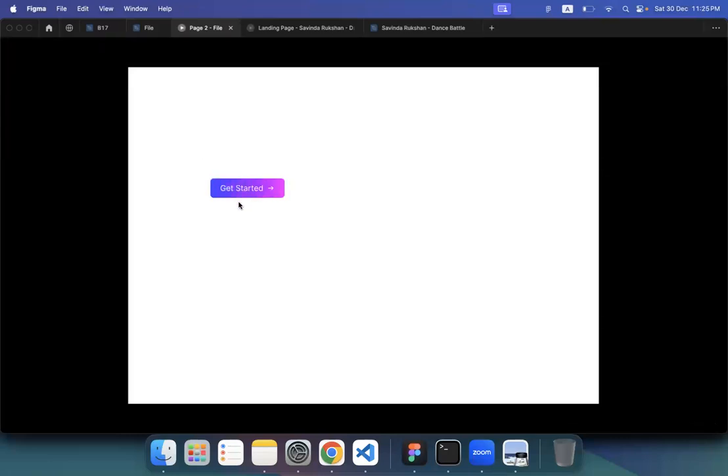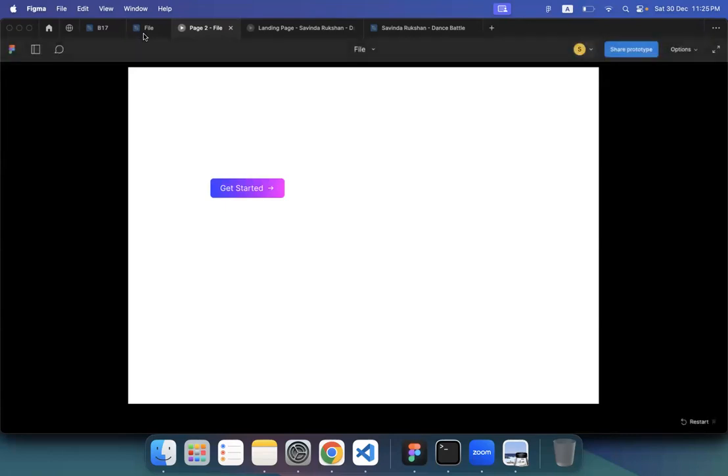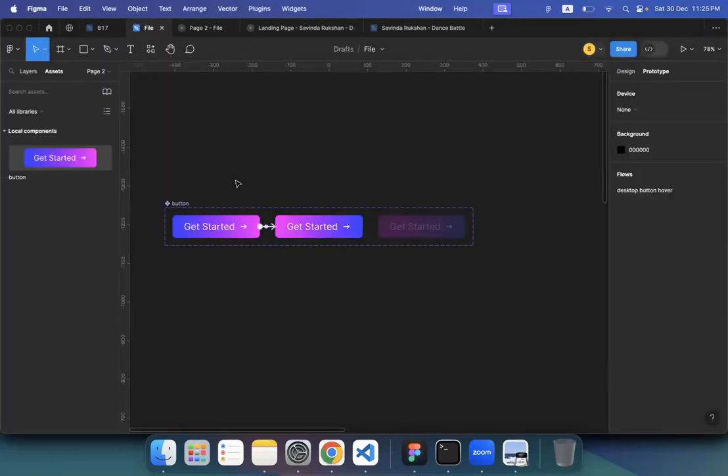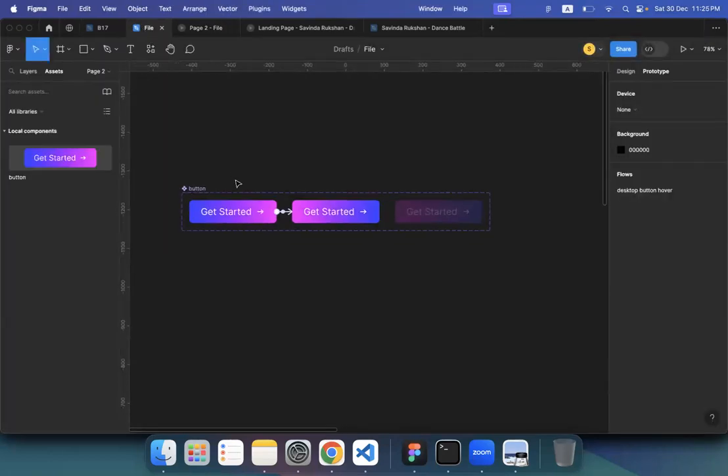So this is not a real nice design, but I want to show you how it is working. But you can use it in your designs by using these reusable components for buttons or anything that you think